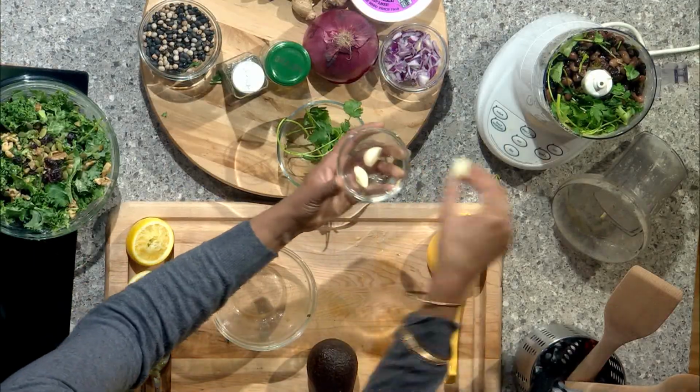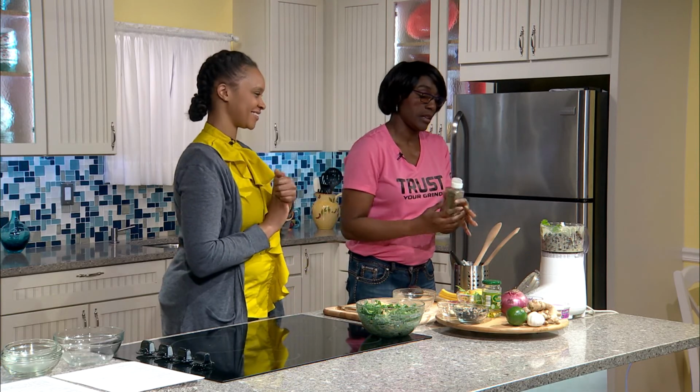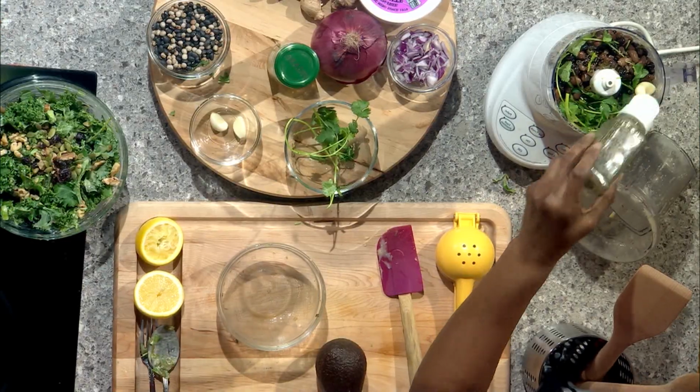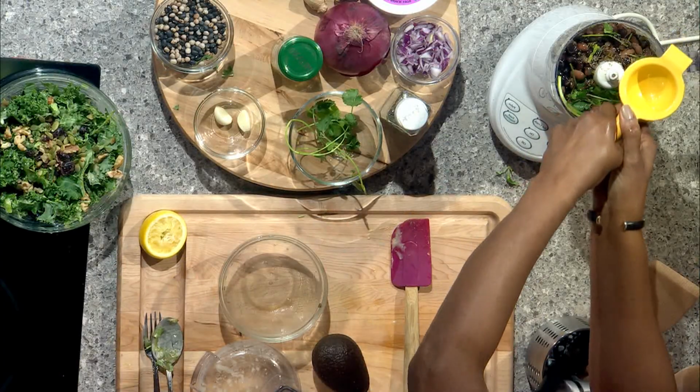1 clove of garlic. Yes, please. Go ahead and have your way. There you go. And the thyme. Some thyme, exactly. And again, as I said, this is one of my favorite herbs. So we're going to add the lemon juice, also the fresh lemon, because lemon gives it a nice essence and